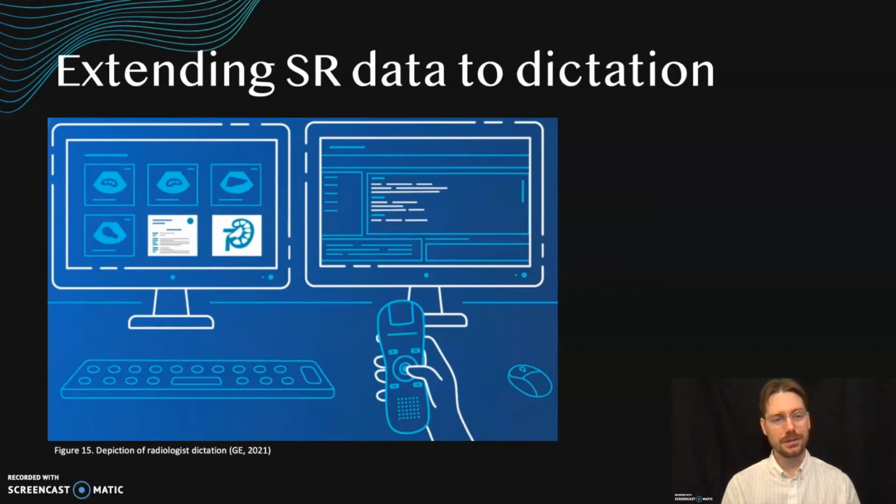Now, the even better thing is that the same structured report data that started at the ultrasound machine will flow into the radiologist dictation, or at least has the ability to. So the liver length would populate without the radiologist having to use VR software or transcription to do so. So that already limits risk for error and increases the efficiency as well. They simply have to review and then add any comments they see necessary. So Viewpoint can really address a lot of the issues that we're having currently in our workflow.